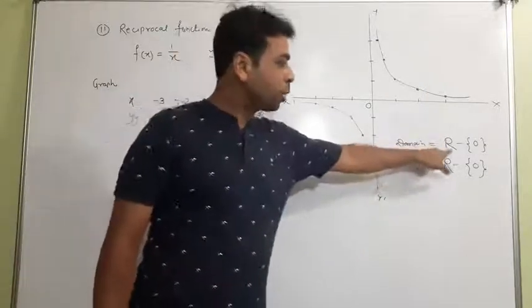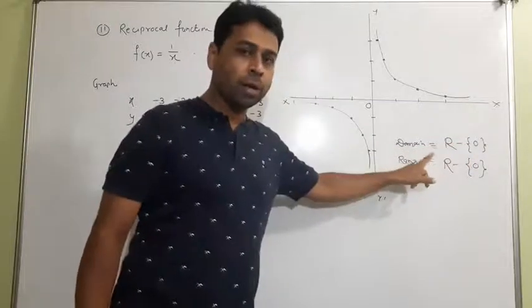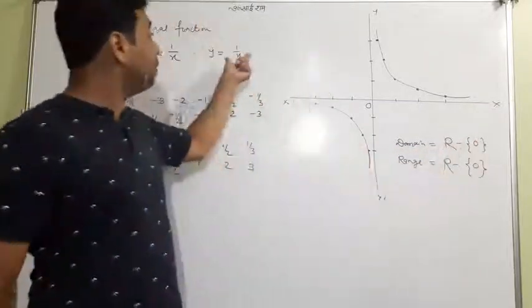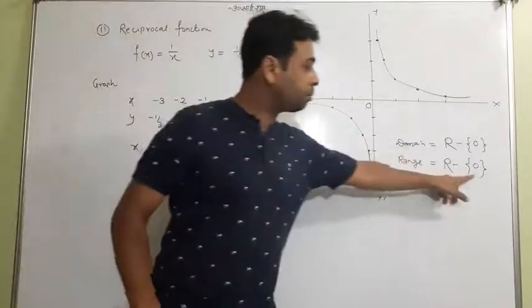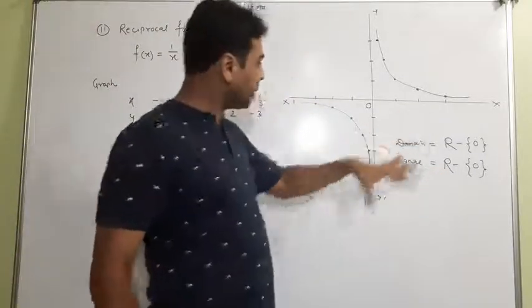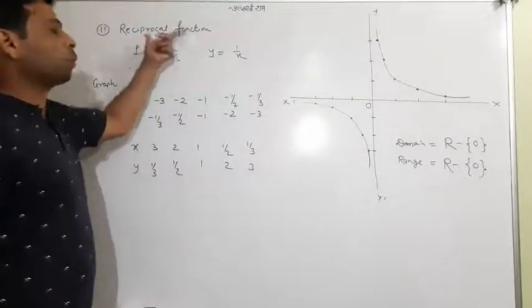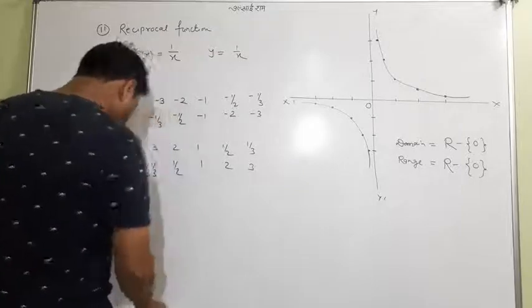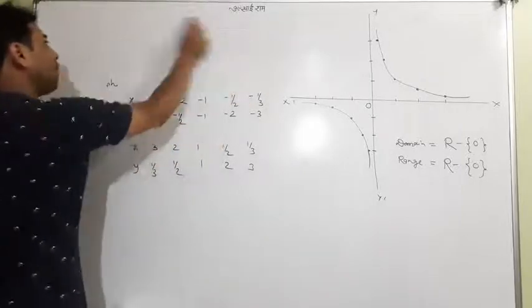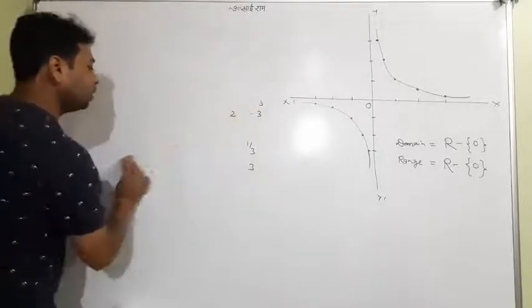So you can put these values instead of x, this is the domain. After putting these values here, what will you get? All the real numbers, but you can't get 0. So except 0, you get the range. So this is the pattern of the reciprocal function. Okay, I think this is enough to tell you. Now I'll move on to some other pattern.